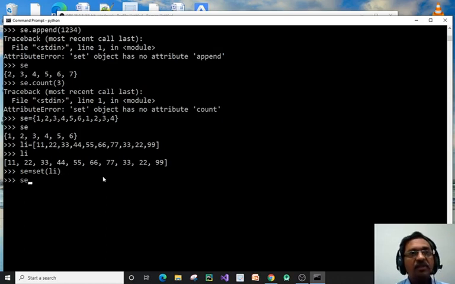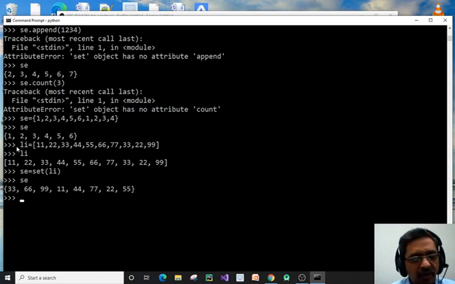And then if you use se, check here, 33 and 22 are removed. But the thing is, it considers random order. A list maintains the sequence in which we have inputted the numbers, but a set doesn't maintain a sequence.